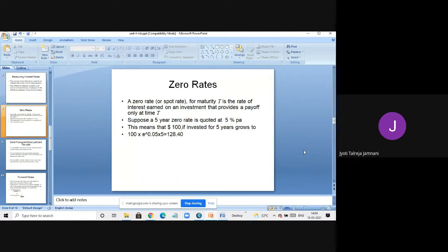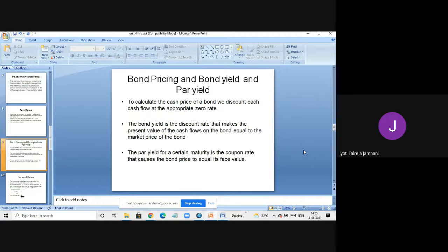So you buy it at face value, and on the day of repayment, you bought for 100, but you will get 128.40. So 28.40 is the interest that you will earn on that bond for 5 years. So that is nothing but 5%. So in case of zero rates, they usually don't mention the percentage, but they tell you the amount at which you can buy, the face value today, and the maturity amount. Okay, so that was zero rates, on which we have already done sums.